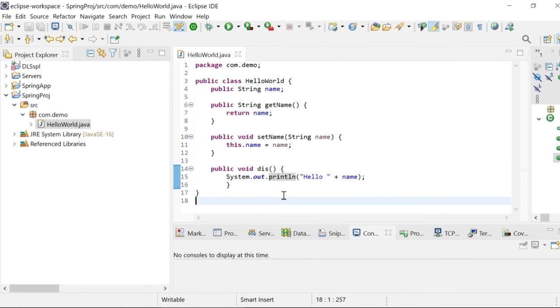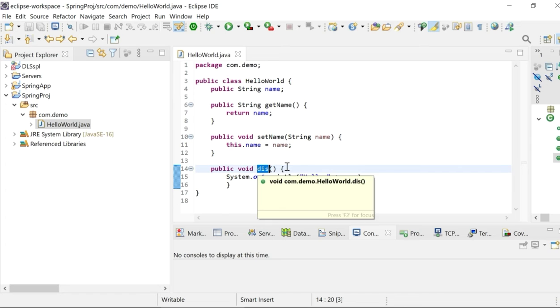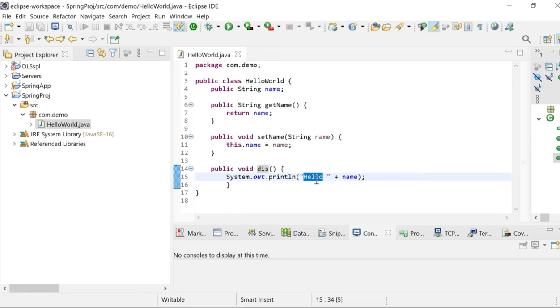So when I call this dis method, then the output string hello, along with whatever value is assigned to the name variable, will be displayed.